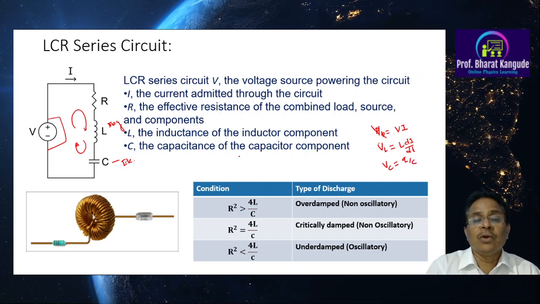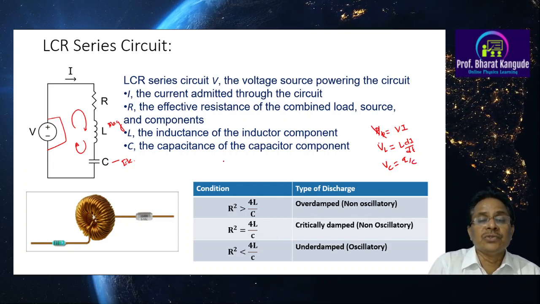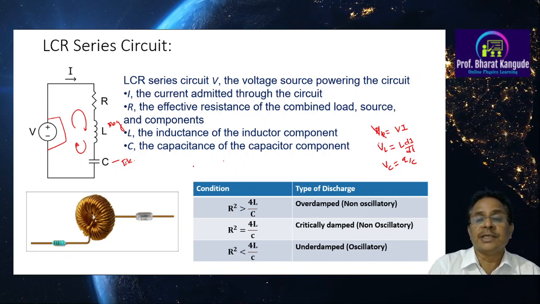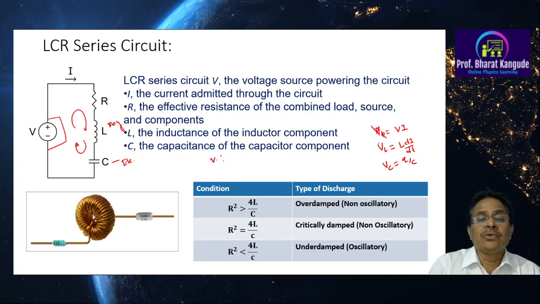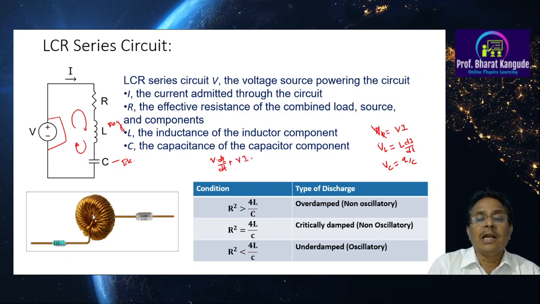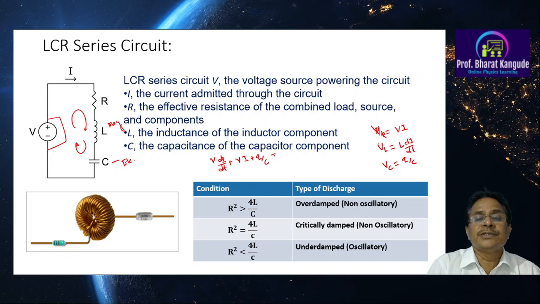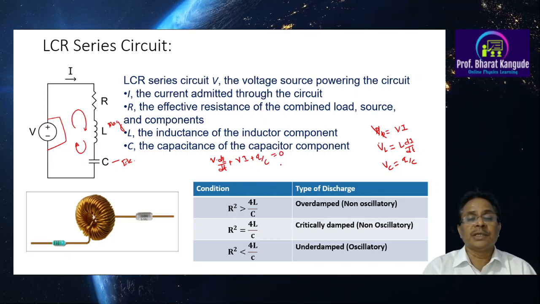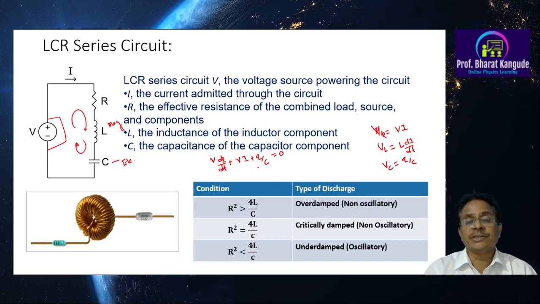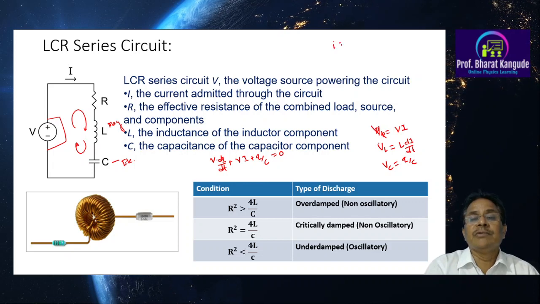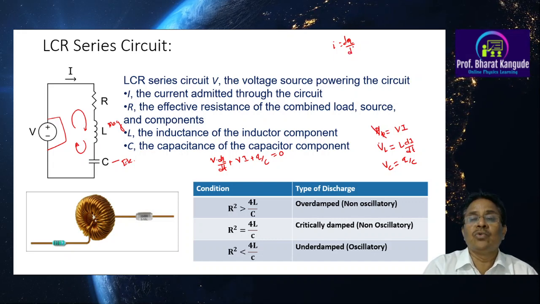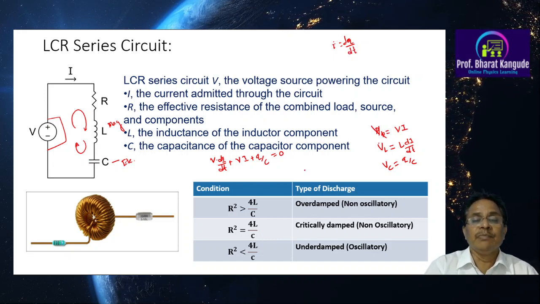And we have to apply Kirchhoff's law, which gives that the sum of all these three must be equal to 0 whenever there is no battery in the circuit. So this expression gives L into di upon dt plus R into I plus Q upon C is equal to 0, because the battery is removed from the circuit and this capacitor is allowed to discharge through the resistor. In this particular case, as we all know, the current I is given by dq upon dt, the rate of flow of charge, and I can be replaced here.